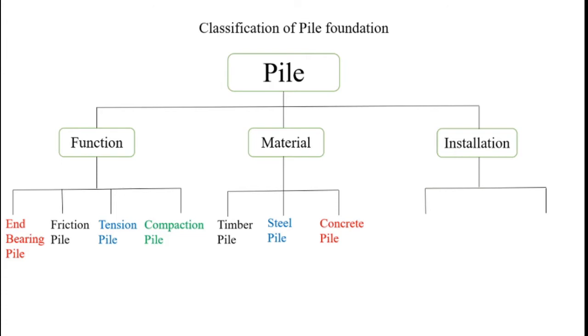Next one, based upon the installation process, how do we create the pile? Depending upon that, piles can be classified into two categories. First one is a driven pile, second one is a cast in situ pile. So the driven pile are the type of pile in which we create the pile somewhere else. Let's say you have a big factory somewhere, you create the piles in those factories, then you transport them to the place, and then we drive this pile inside the ground. These type of piles are called the driven pile. Cast in situ are the type of pile in which we cast the pile on the site itself.